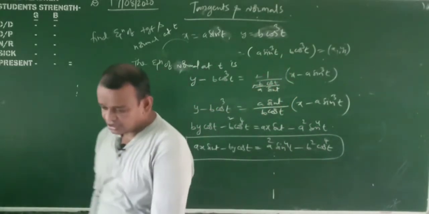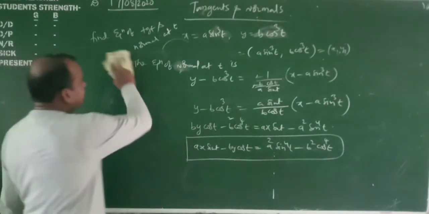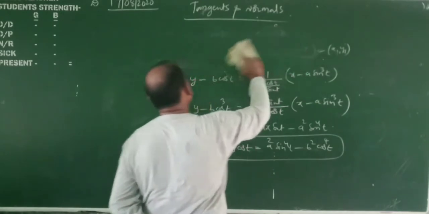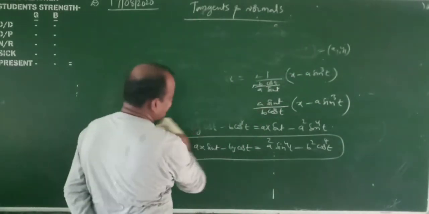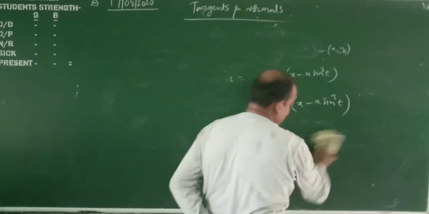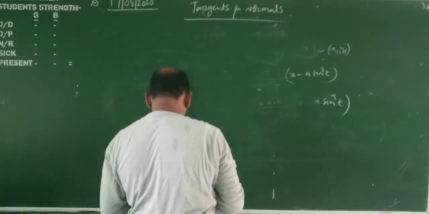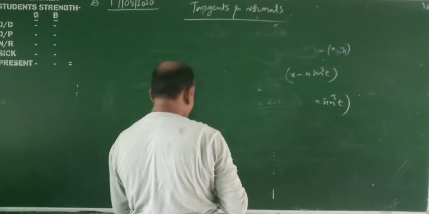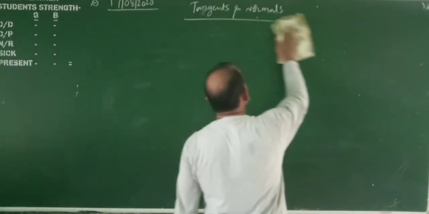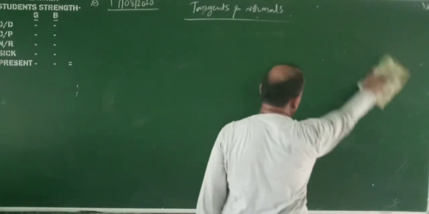Okay, my dear students. Now, what is going on in the next problem? Each and every question we will do in this way only. First we find the derivative, the differentiation of the given curve. We substitute the point in that curve, and you will easily get the point. We will easily get the slope. My dear students, don't be confused.